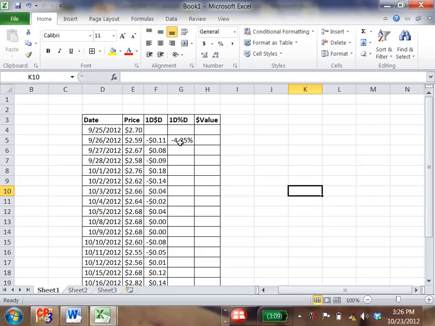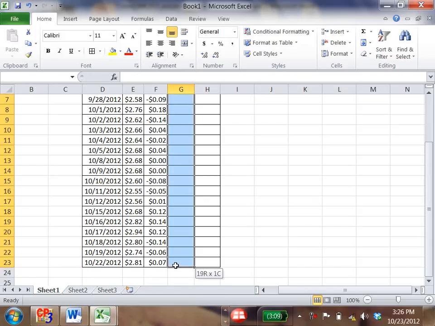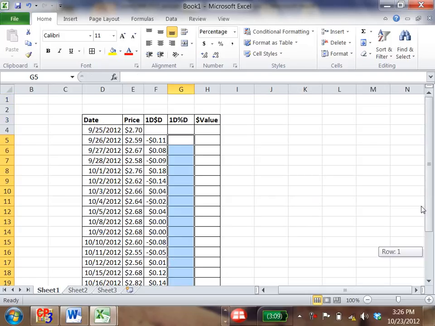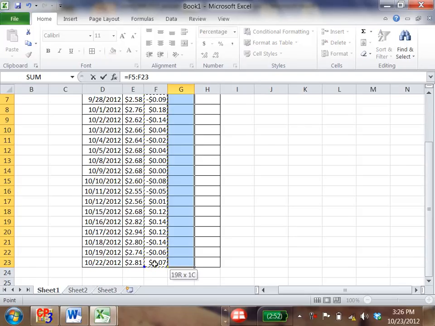So, let me erase that. Let me do this 1 day percent difference as a vector. Click down, hold this down, go all the way down to the bottom. There's an equal sign. I want to compute this entire row. It's going to be these numbers here, 19 of them,